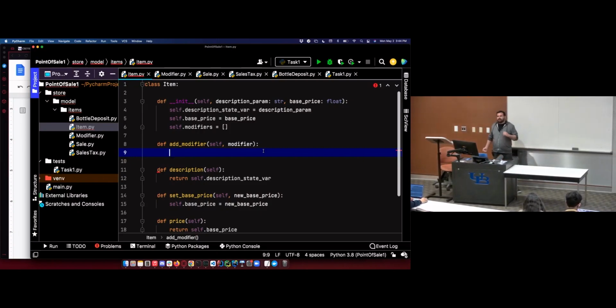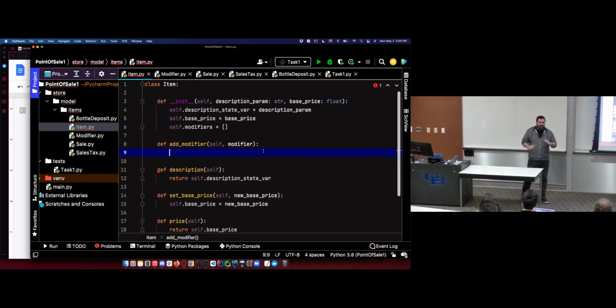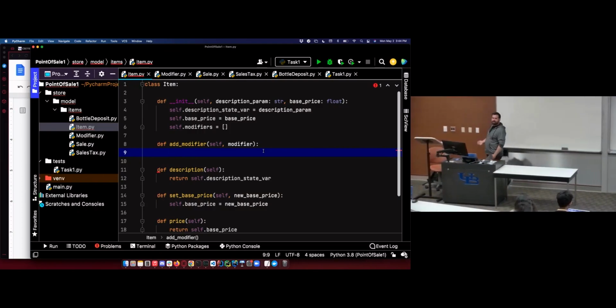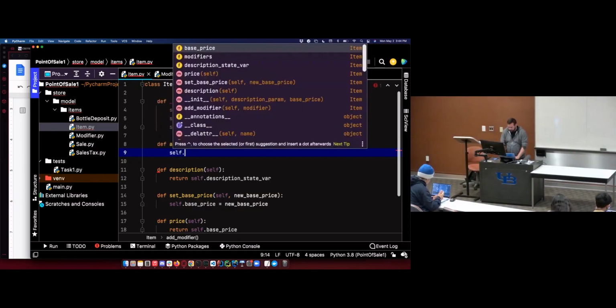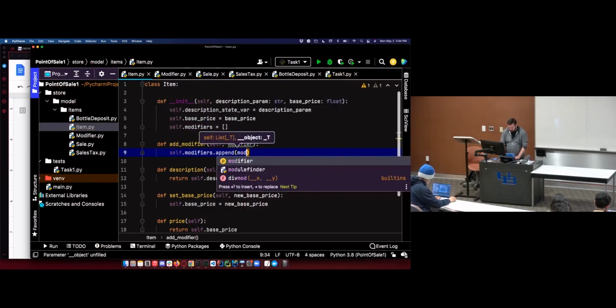In Scala, you get a lot of compiler errors. You got compiler errors all semester because the compiler is helping you out and trying to say, hey, this doesn't look right. Let's fix this before we go to run this thing. Python's going to be like, nah, it looks good. Let's run it. Oh, wait, I crashed. And then it's going to be hard to debug those things. The compiler does help us out quite a bit. So .modifiers .append the new modifier.